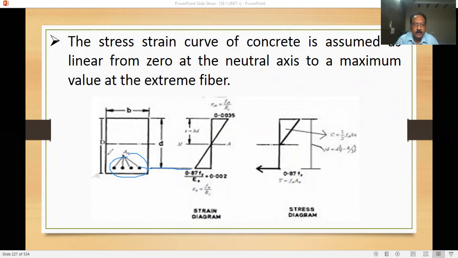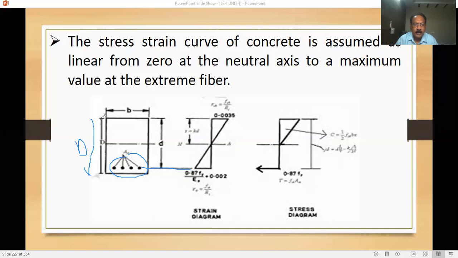Now, total depth is D. Of course, I will explain in future topics also. D is the total depth, from top to bottom. B is width. What is small d? It is equal to total depth minus the cover, clear cover. In beams generally it will be around 25 mm, and suppose this is a 12 mm bar. So half of this is 6. So 25 plus 6 is 31.